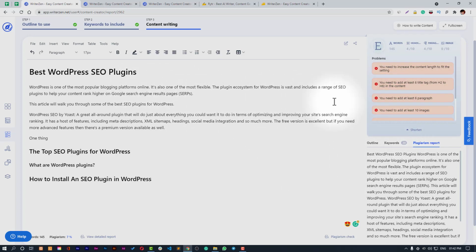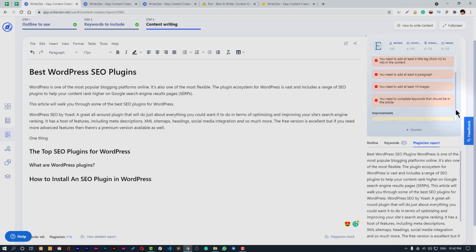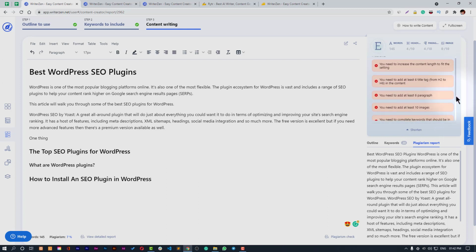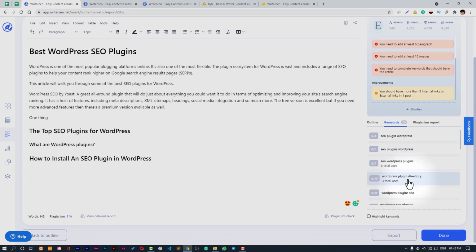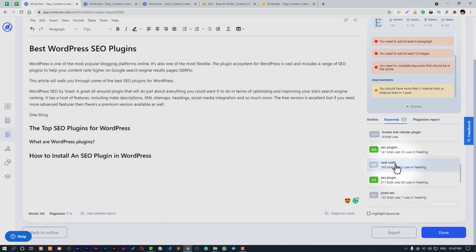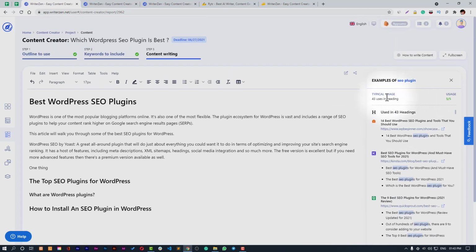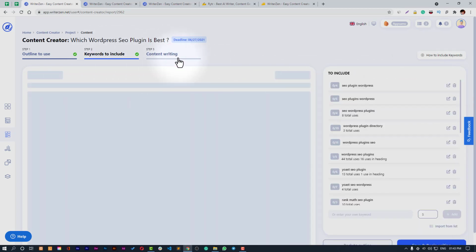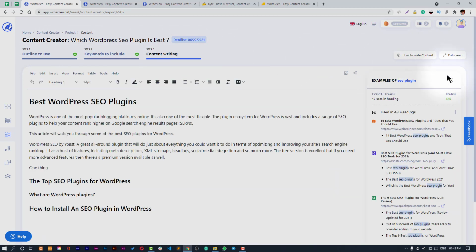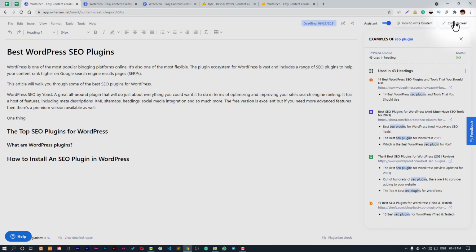So as you keep on writing, you will get all the checklist completed and improvements will be shown to you, and you will also see that your keywords will go green like this. So it will suggest you have used these keywords. When you click on them, it will also show you the same information that you were getting in this. Yeah, you can anytime move on to any of these. You can change it and then you can get back to this. And if you want to write distraction free, then you can just remove all the top side area by just clicking on this full screen button and exit anytime.